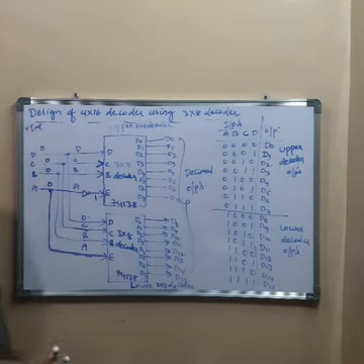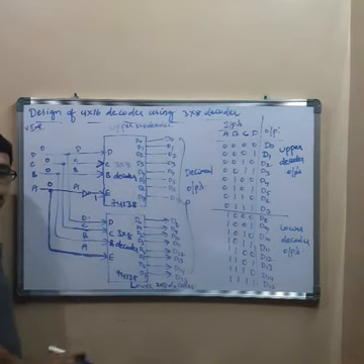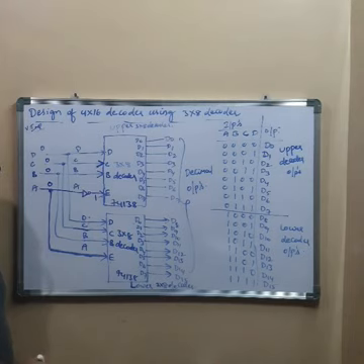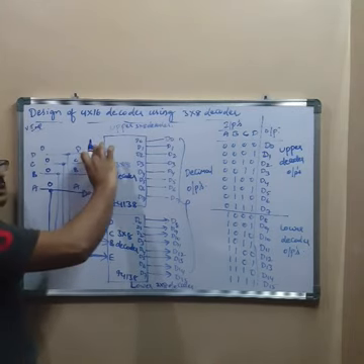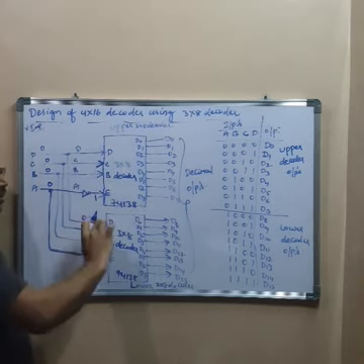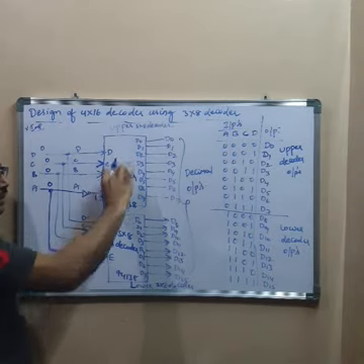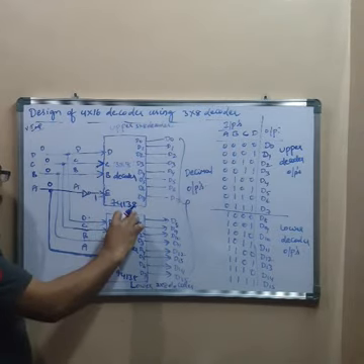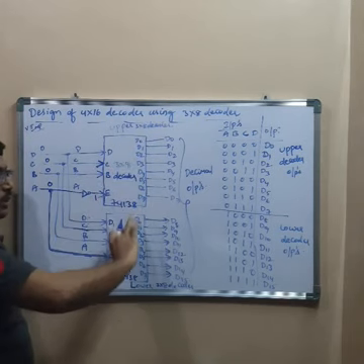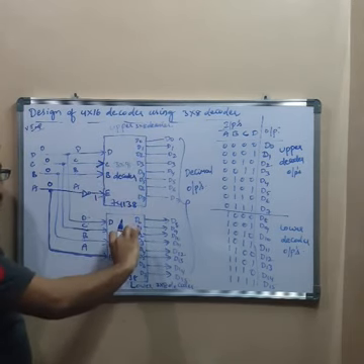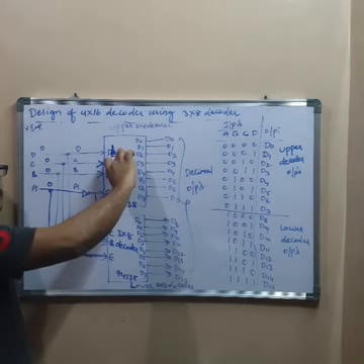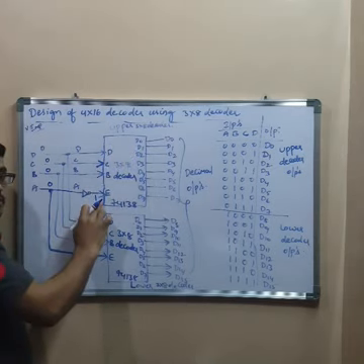So first of all we have to take two 3 into 8 decoders, right? So in 3 into 8 decoder there are 3 inputs. Designate the 3 inputs as BCD, and as this decoder is available in the form of IC, the IC number for this is 74138. So I have considered two 3 into 8 decoders and designated this decoder as lower decoder and this decoder as upper decoder. So along with enable input, this is active high enable input.